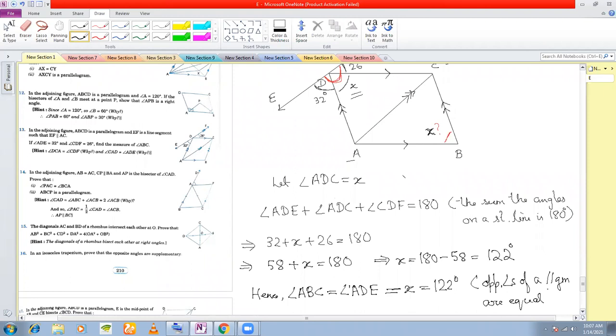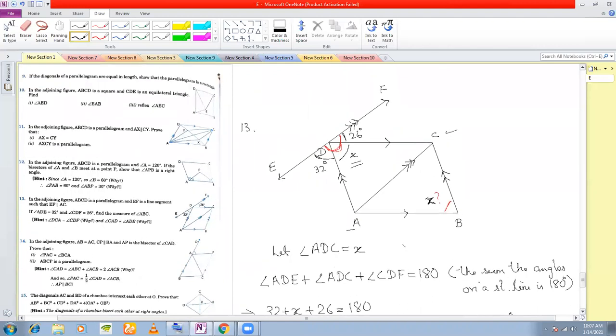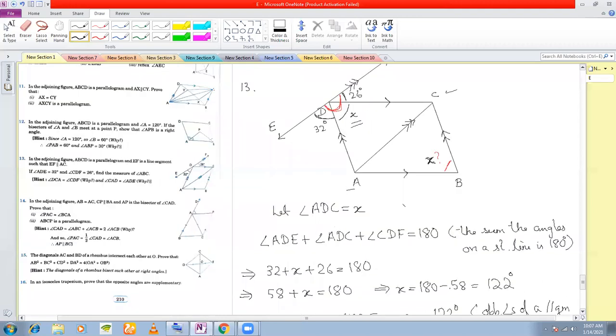That's it. So this was actually a two-line problem. Although the figure looks a little complicated, this was actually a two-line problem. There are many other ways of doing it, but this is the shortest way. There's not only one way. If you discover another way with, say, 3 steps, that is okay.